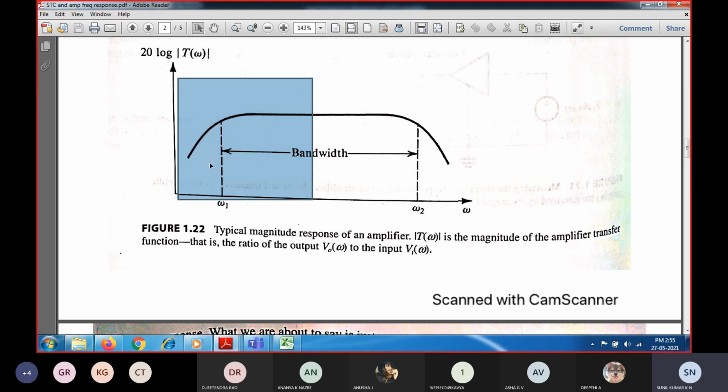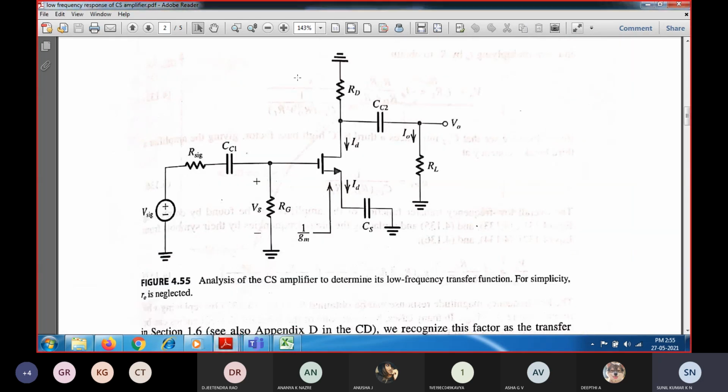So as you lower the frequency of the range of operation, this is the low frequency response. And also we know what is the root cause for this gain reduction at this lower frequency range of operation. So what is the necessity for gain reduction at lower frequency? At low frequency, this is the circuit of the low frequency response.